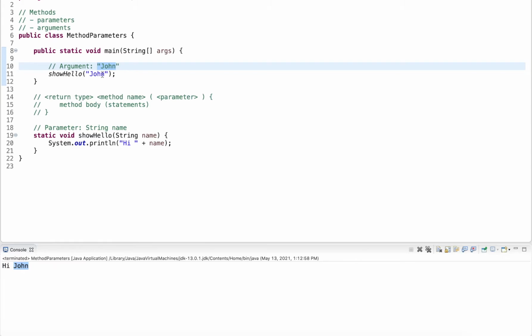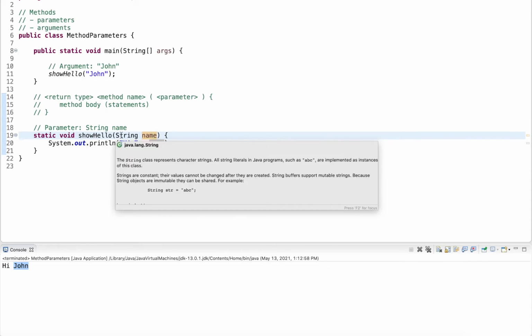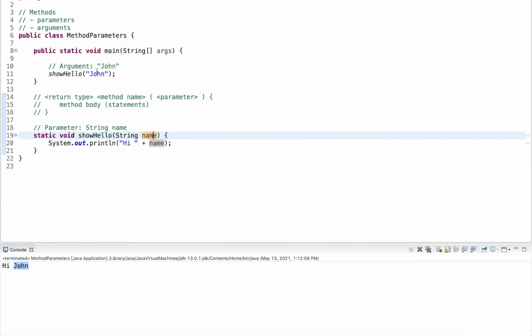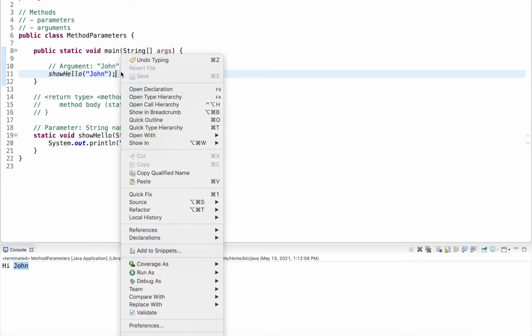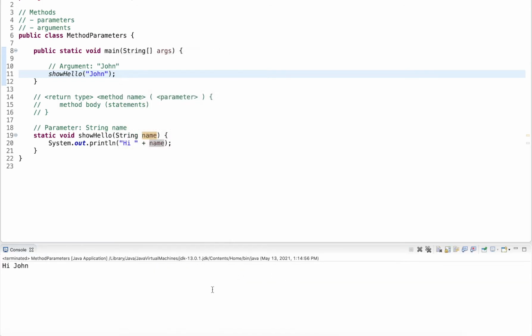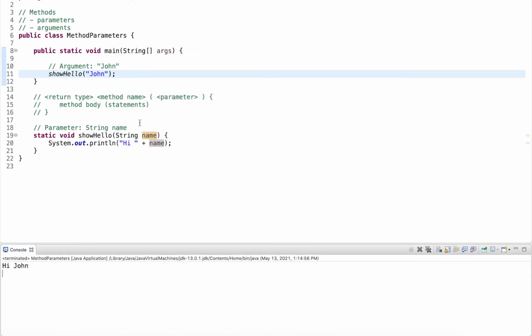So essentially what happens is John will be assigned to this parameter, and now the value has John. It's similar to what I had before as a single statement where I declare the variable and initialize it to John, but now we can call it wherever we need to with a different name. So let's run this. You can see I still get John, so it's just like before.